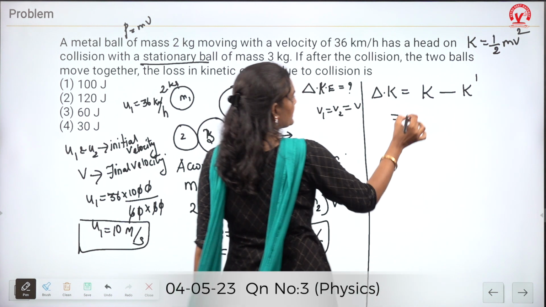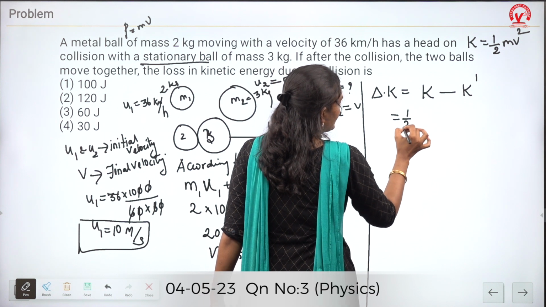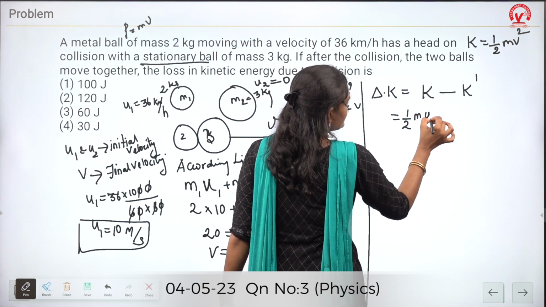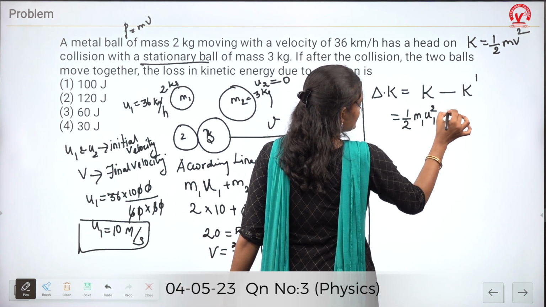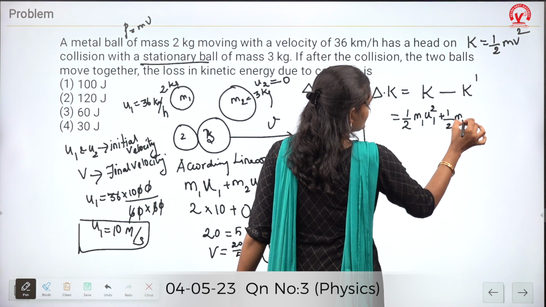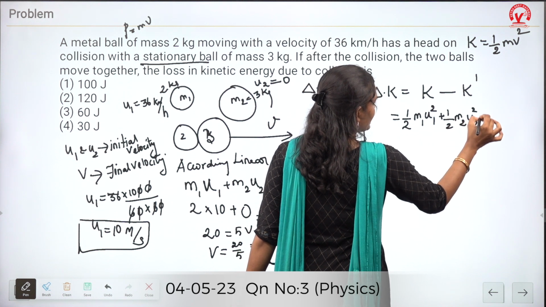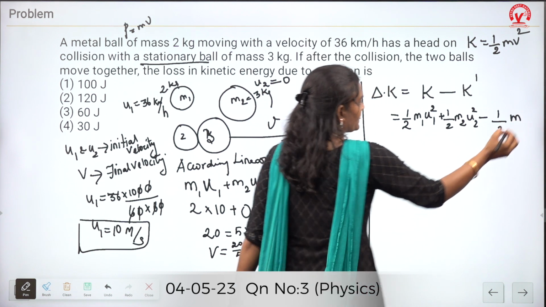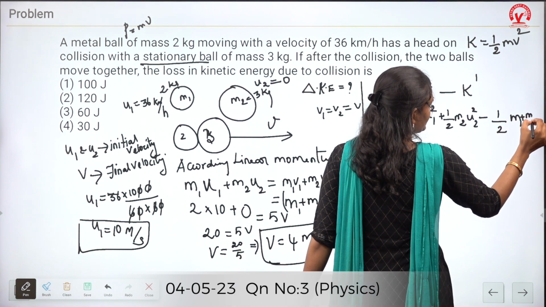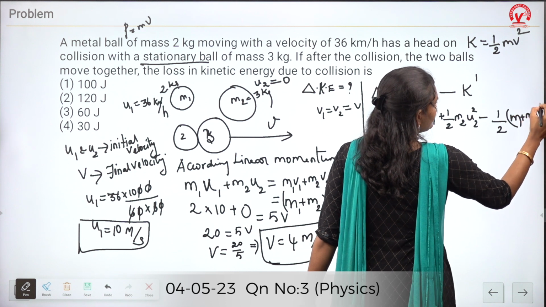So this can be written as half m1 u1 square plus half m2 u2 square minus half (m1 plus m2) v square,